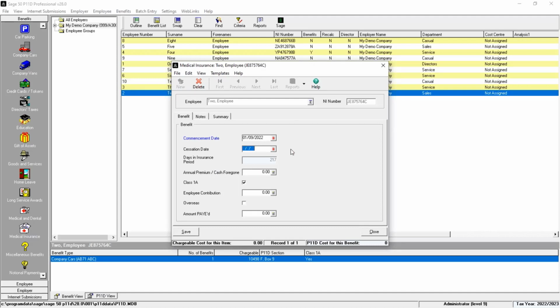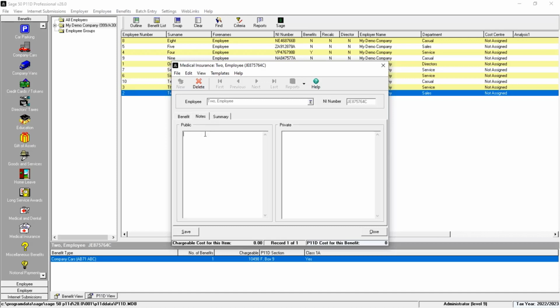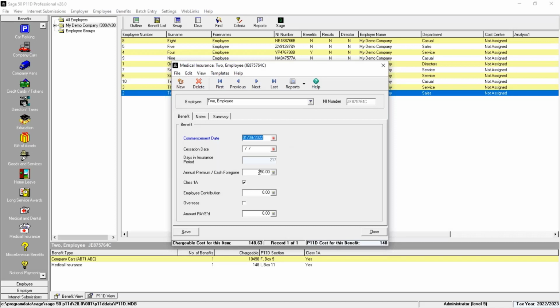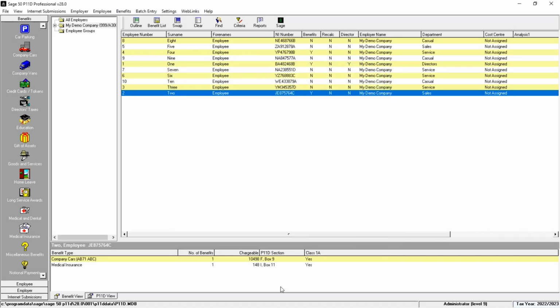So by putting that commencement date in, it will automatically adjust the P11D cost by showing the number of days in insurance period. So we still record the annual amount of the benefit, which in this case, £250. We can add any notes if we wish to. And then if I click on to save, you can see it's worked out the cash equivalent and the P11D cost, and that is prorated based on the annual amount and the days it has been available. And again, that all appears on the P11D